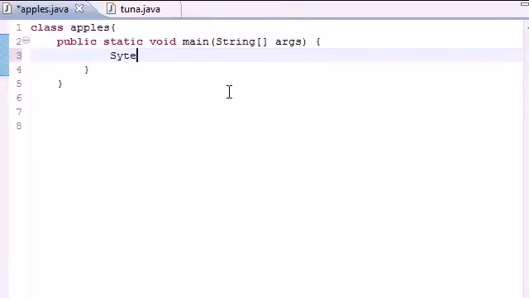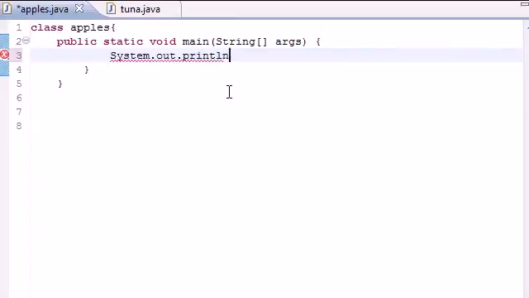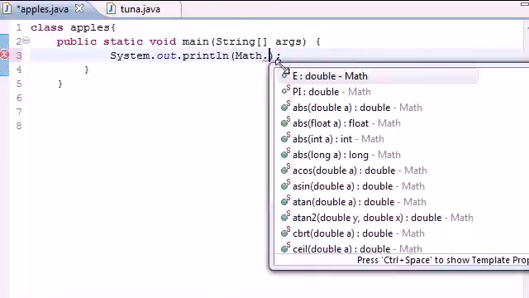So the first thing we need to do is go ahead and make a print line out on the screen. So print line, and make it take an empty parameter for now. And in this parameter, I'm going to be putting all the methods of the math class. So go ahead and type math, put your dot separator, and then the first one,